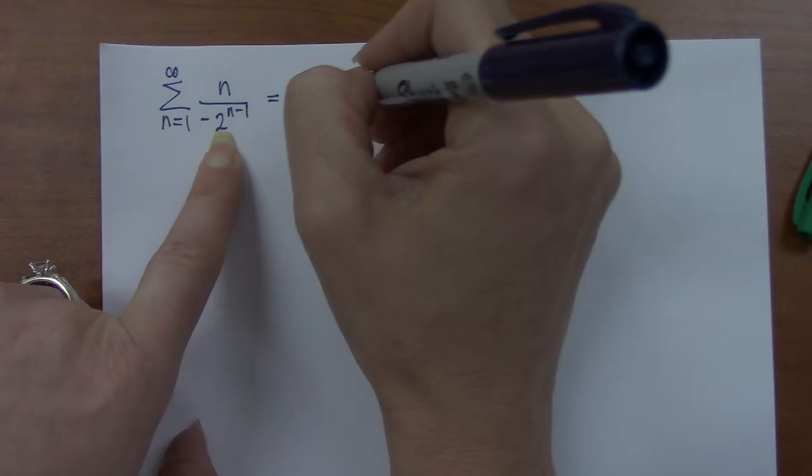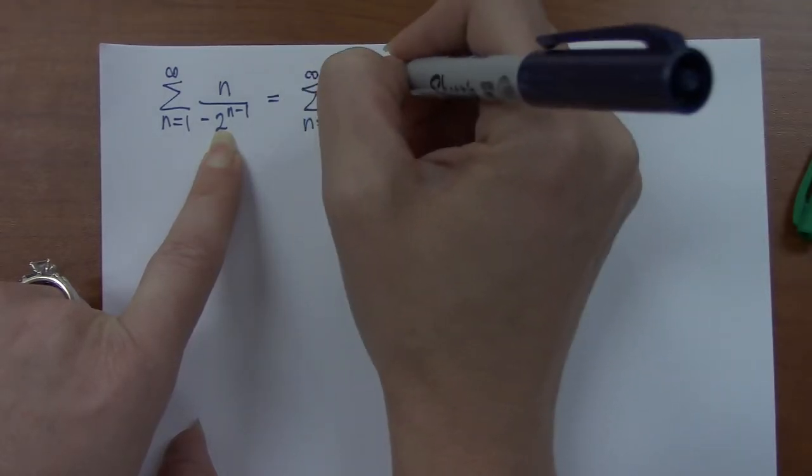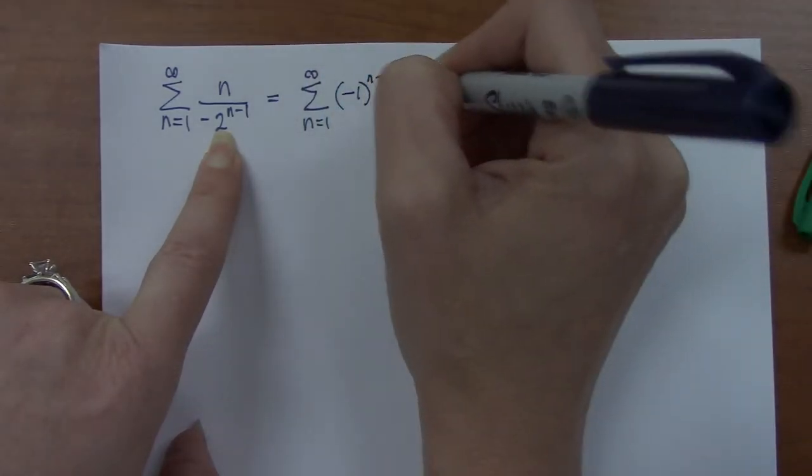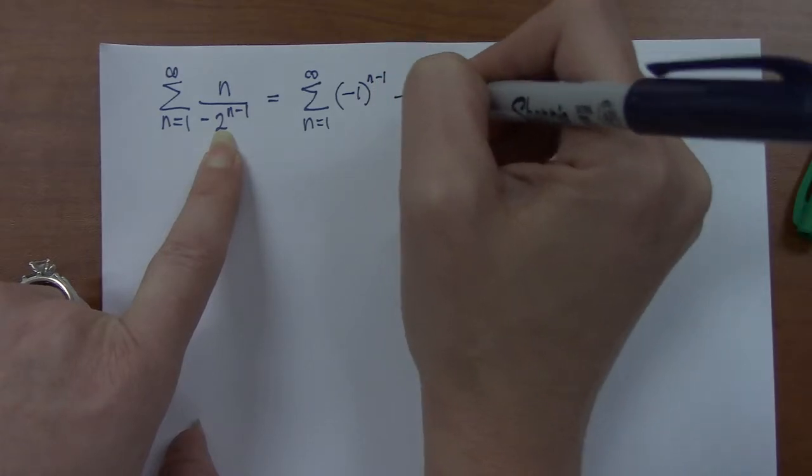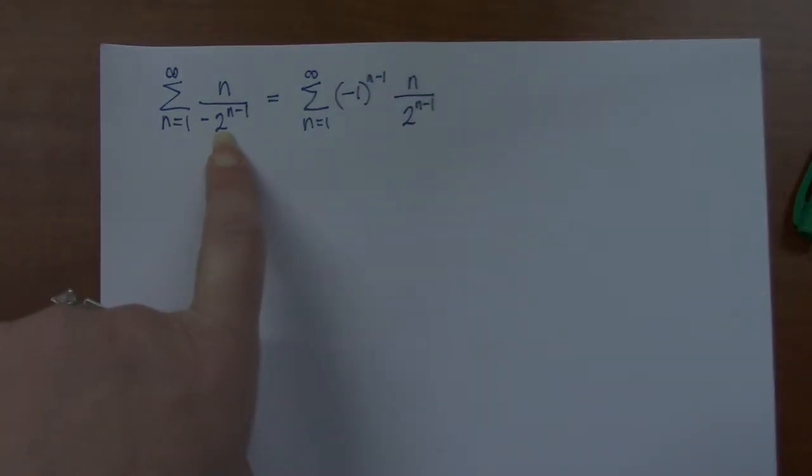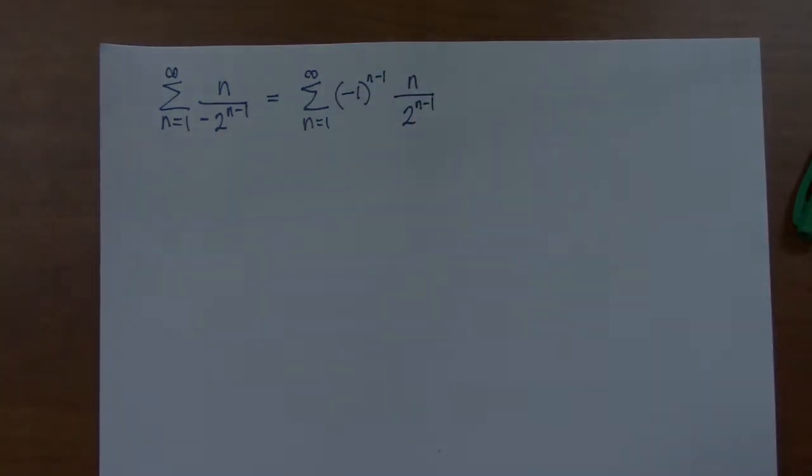So I can actually pull a -1 to the n minus 1 out front, and then I'm just left with 2 to the n minus 1. All right, does everybody see I'm allowed to do that? Because -1 can be written as either 1 over -1, or we could write it as -1 over 1. So you can move 1s and -1s in and out, back and forth in the denominator without changing the value,